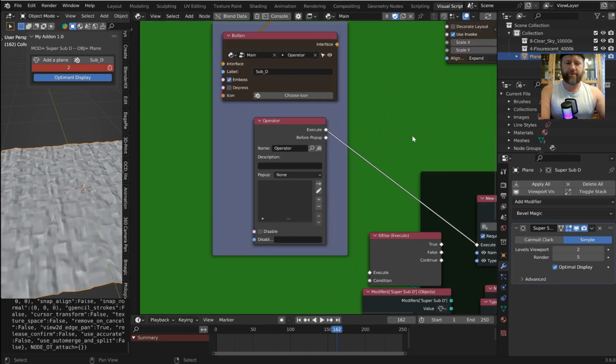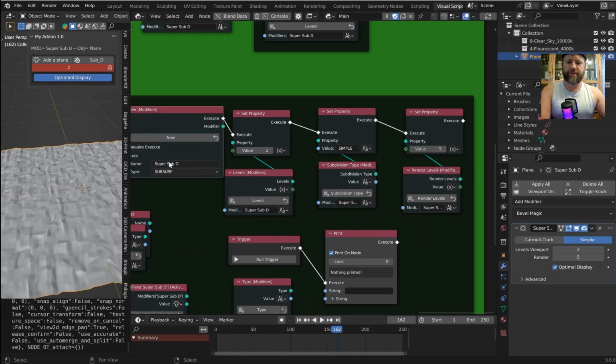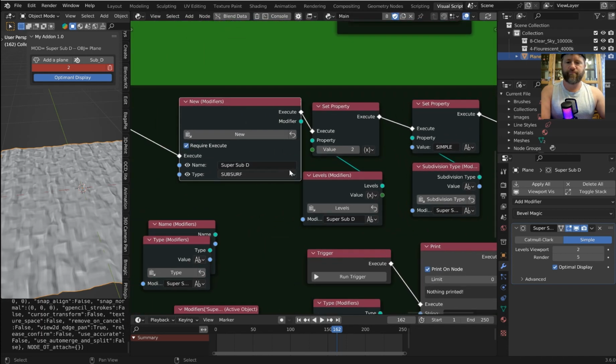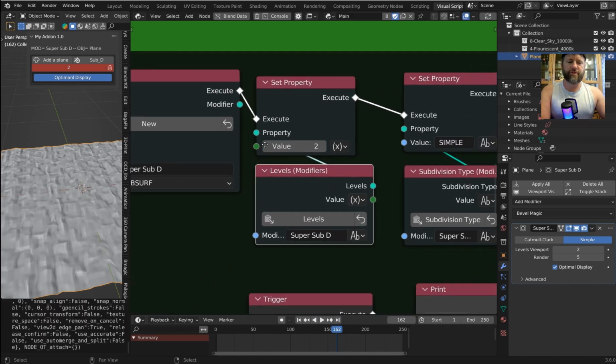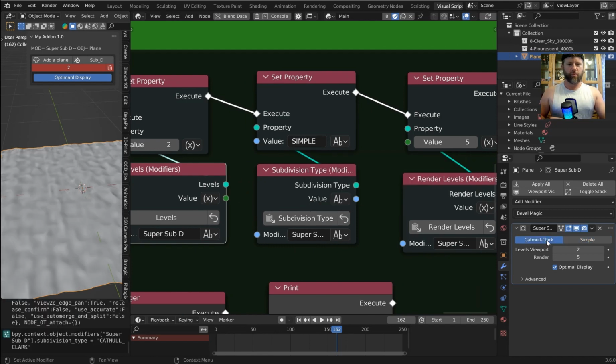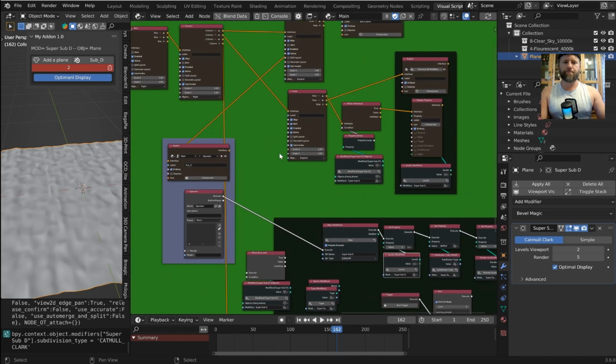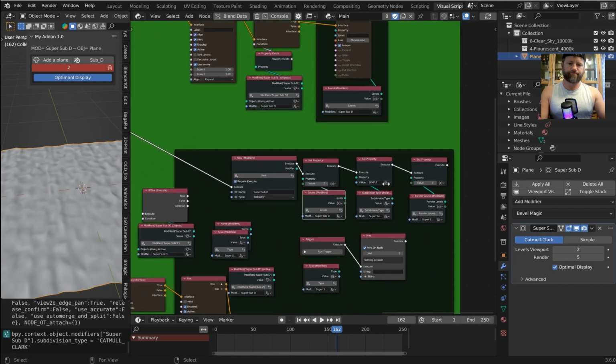Then after that, we set up a Blender operator button and then a custom operator. Okay, and the custom operator puts out a subdivision surface with a specific name, and it is a subsurf. We put the level of subdivision to 2. We set it to simple, but you can put it to Catmull-Clark if you wish. And in order to actually put a button up here for that, let's do that in the display properties, so that even though it's going to set it one certain way, you can just go back in actually,